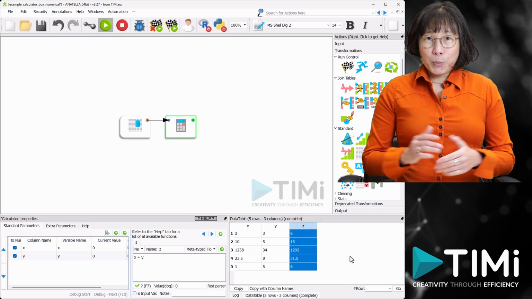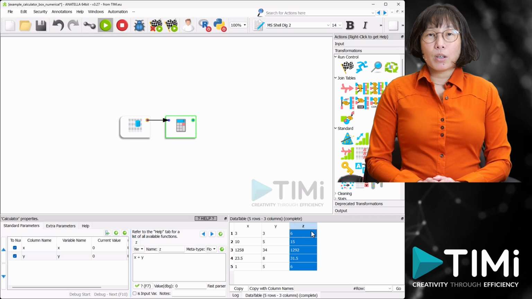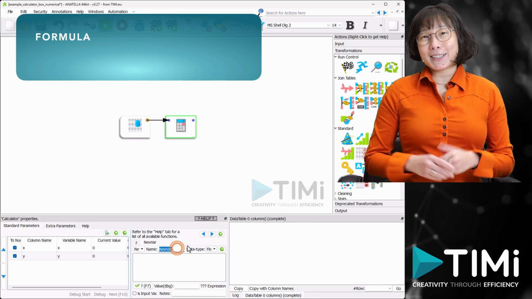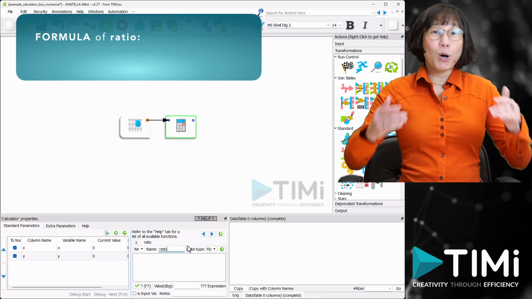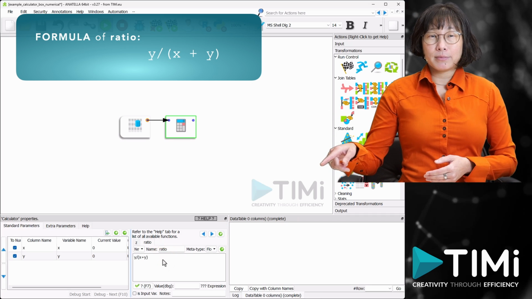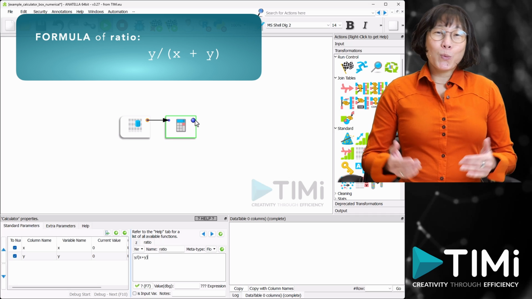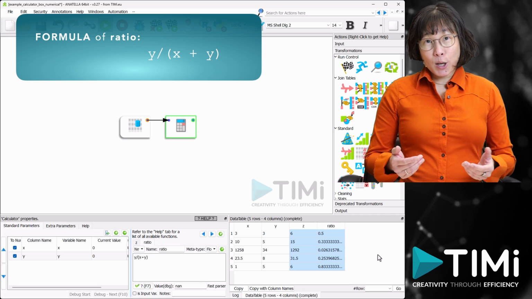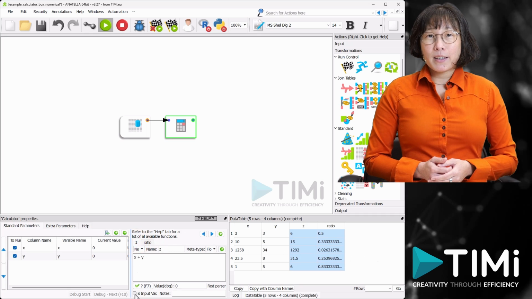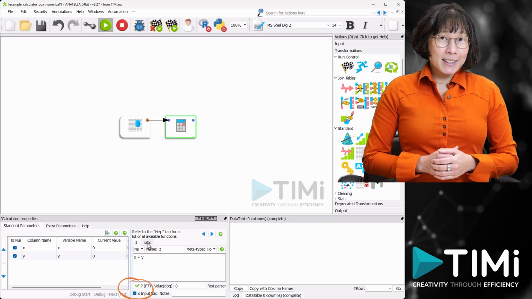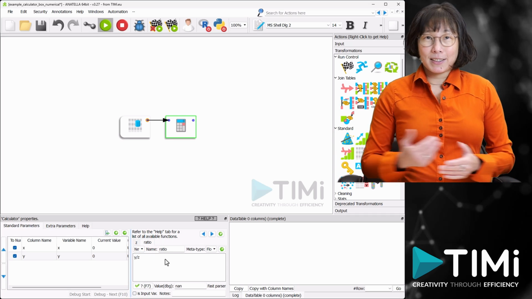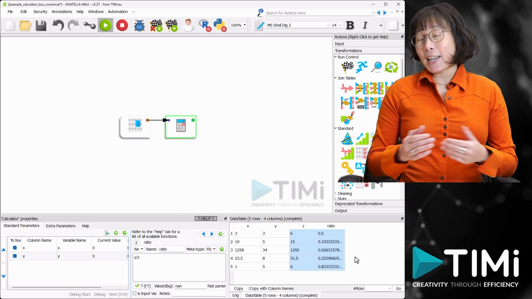To prioritize operations, we can use brackets. For example, let's make another variable called ratio to calculate the ratio of Y to the total sum of X and Y. The formula would be... A helpful tip: once we've calculated Z as the sum of X and Y, we can mark it as an input var to use its value directly, making our calculation Y divided by Z. This approach is straightforward and intuitive.